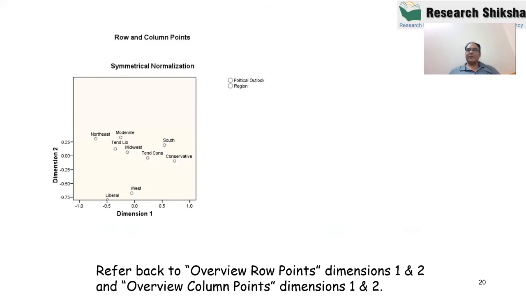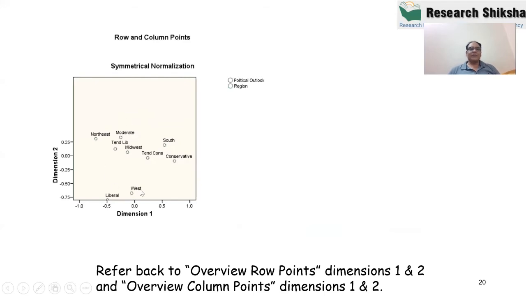diagram. So basically, after that table, the most important diagram is this. This diagram is known as the correspondence map, and we are relating the two variables together. Like in this example, I want to know what is the association between region and the political outlook. In this picture, the colors are not very clear. Otherwise, this is green color and this is black color, but all seem to be the same color. But we have better software nowadays, which will give you better colors and better shapes also. So you can identify the association between the different variables.